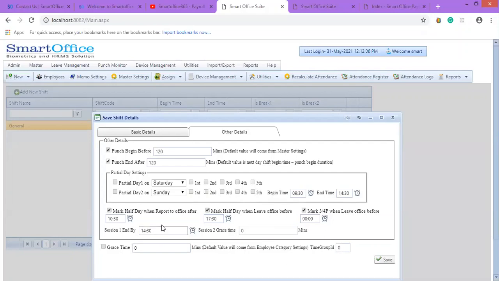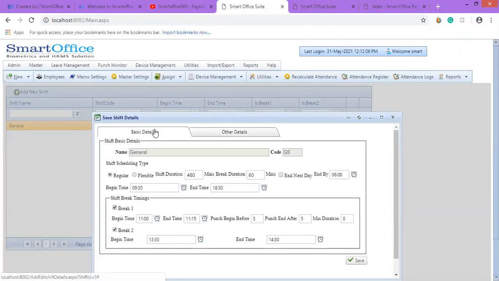Okay. And then you have session 1 end by and session 2 grace timing. That means whenever you are applying a half day leave, you need to partition the first session and the second session. In that case, you need to mention when the first session is going to end and when the second is going to start.